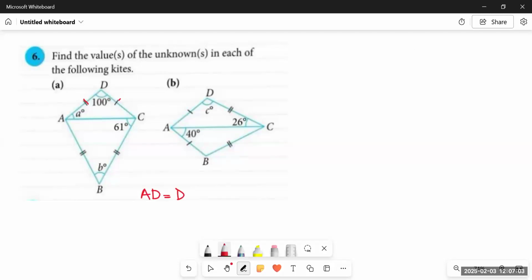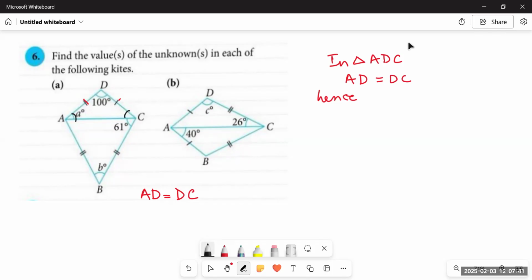And we have already learned that if two sides in a triangle are equal to each other, as you can see that it has been split by a line into two triangles. So there is a triangle ADC. You can write it over here as in triangle ADC, AD is equal to DC. Hence, what happens when two of the sides in a triangle are equal to each other? It becomes an isosceles triangle. So the two corresponding angles also become equal to each other. So angle A would be equal to ACD, right?